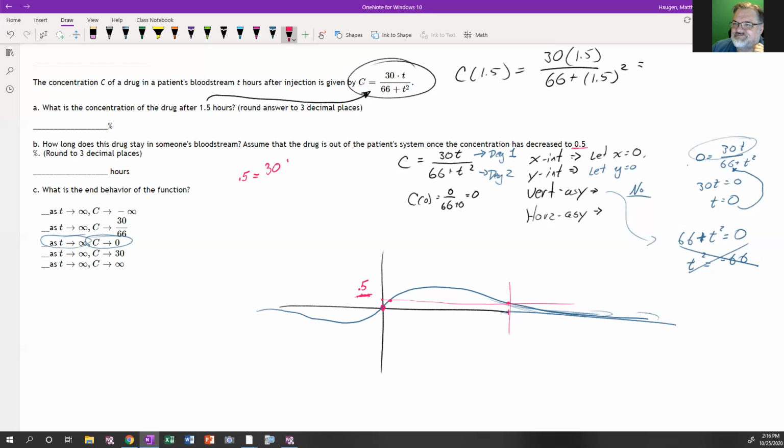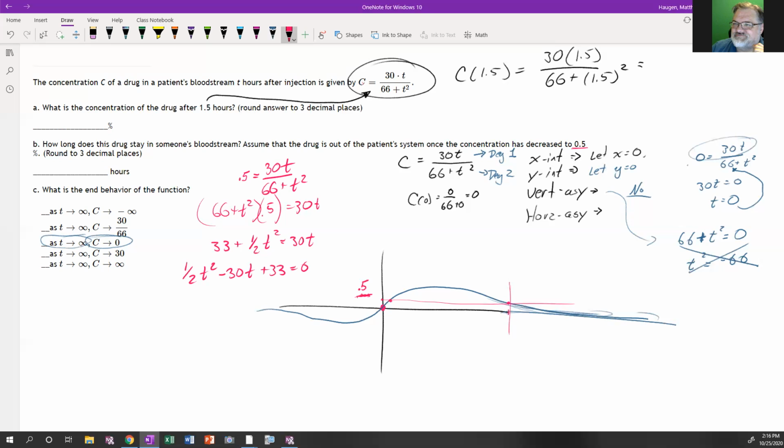Well, that's going to equal 30t over 66 plus t squared. So multiply both sides by 66 plus t squared: 0.5 times (66 plus t squared) equals 30t. And here we have a quadratic. That's going to be 33 plus 1/2 times t squared. Hopefully you don't mind me going to fractions there. Decimals are a pain. So if we set this all equal to 0, 1/2 t squared minus 30t plus 33